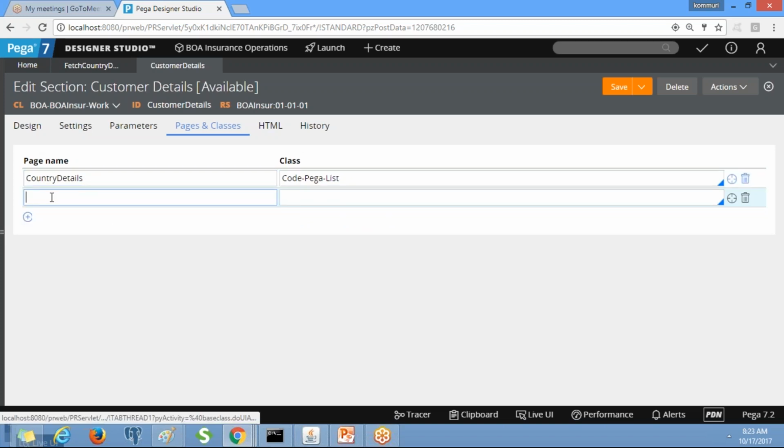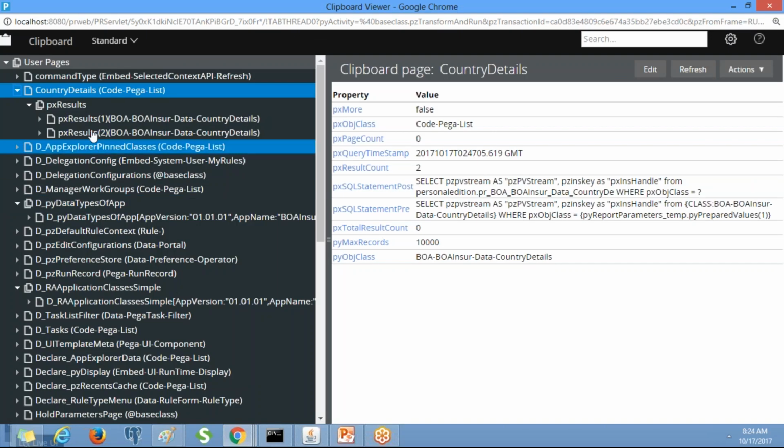Now here, what is the page and what is the class? PX results is a page and BOA data class is the class. Data country details is a class.